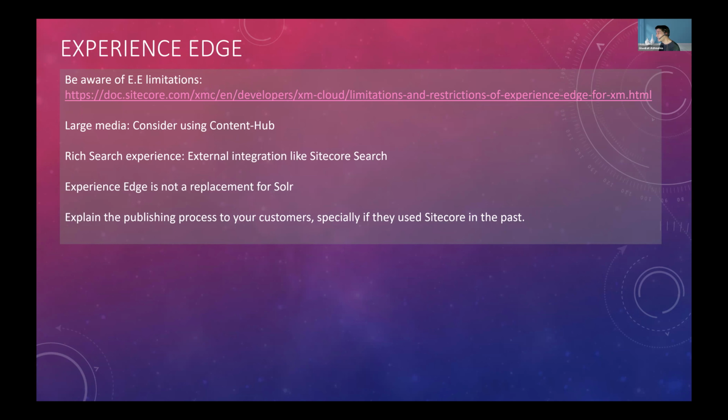As for how publishing works, the Experience Edge is basically a snapshot, and you will have cases where you need to do a full site publish, because the composition happens before the publishing. That means if you have a partial for the footer and you have changed some text in the footer, then you need to do a full site publish.